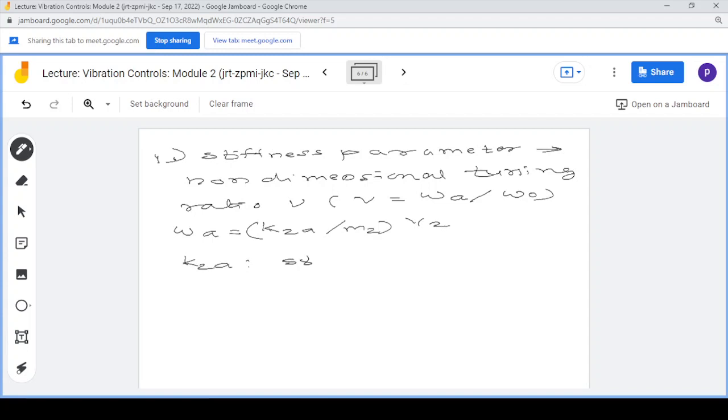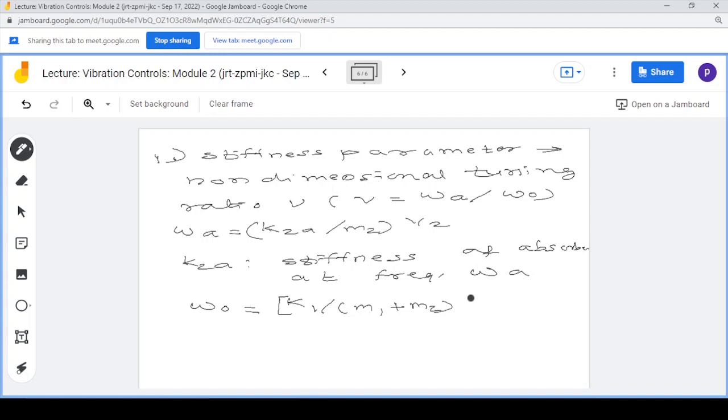K2A is the stiffness of the absorber at frequency omega A. And what is omega 0? Omega 0 is obtained from the stiffness K1 and the masses of the primary and the secondary mass, so K1 divided by M1 plus M2, raised to half. This is called omega 0, and it is also known as the lock frequency,